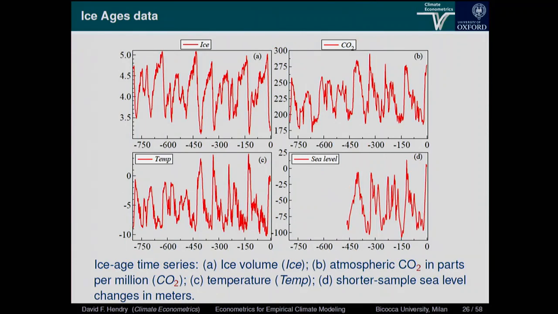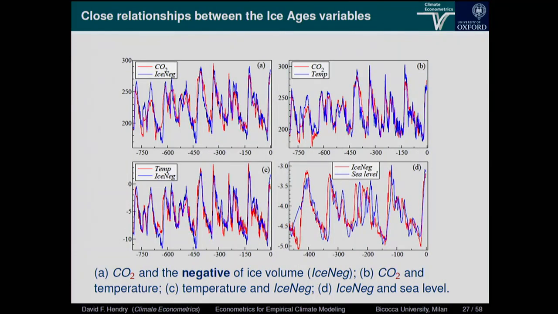Well, top left is the pattern of ice volume over land. The next one is CO2 volume as deduced to be in the atmosphere from measures made on various ice cores. Then there's the temperature, which is deduced from the composition of the air. And then there's sea level that I'm not going to analyze, but it's pretty obvious that if a vast amount of the sea ends up as ice and land, the sea is going to be lower. It doesn't take much deduction.